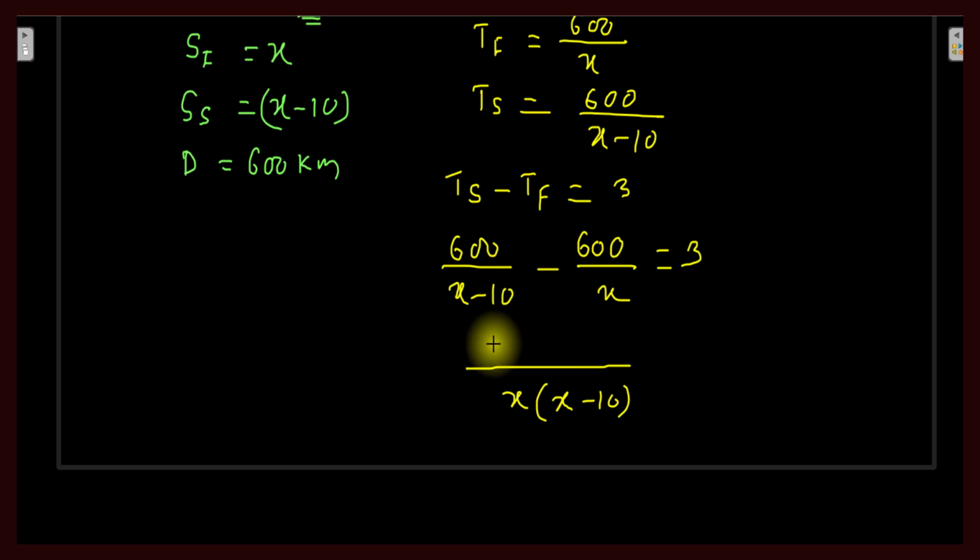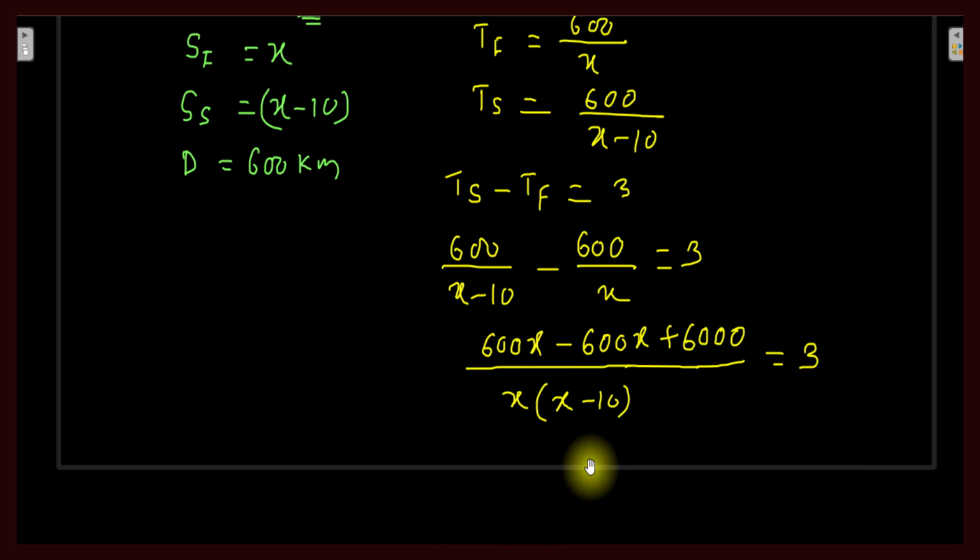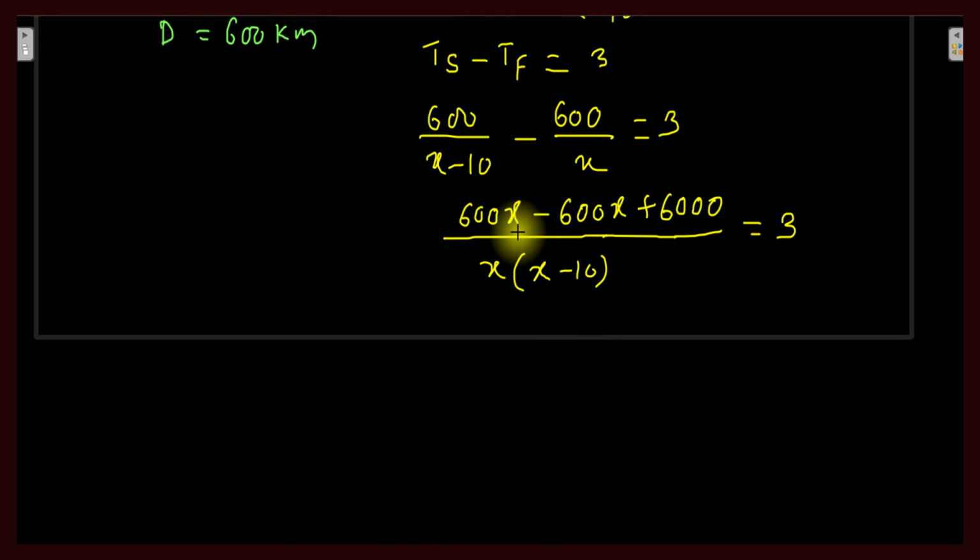Here we will multiply by x, so it will become 600x minus, x minus 10 we will multiply by 600, so 600 into x will be minus 600x, and then minus, and this minus will be plus, and 600 into 10 will be 6000, which is equal to 3. So here 600x and 600x will get cancelled, and we will get 6000,